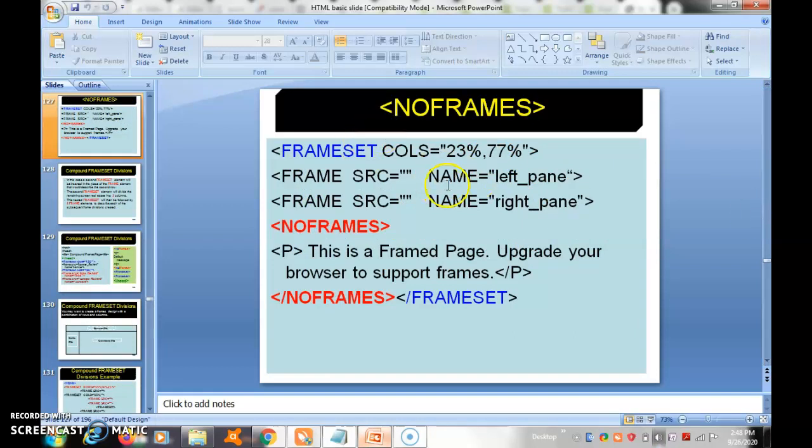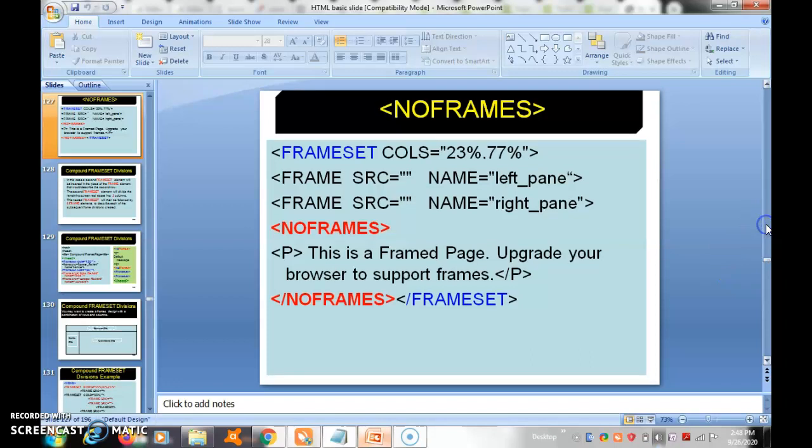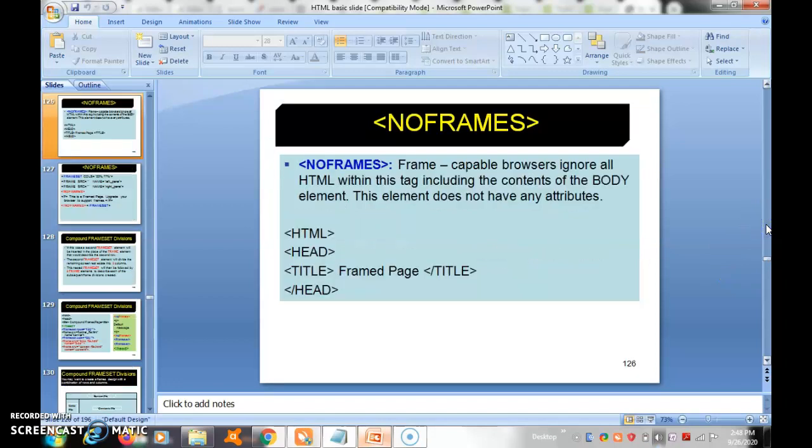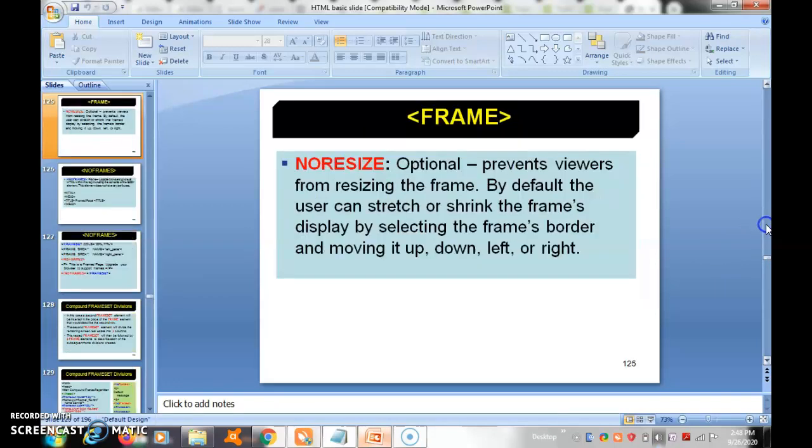So here also this exercise discussed 23% only columns. Okay, so there referred some finding. Name equal to left underscore pad, right underscore pad. So no frame means nothing will display. The pad information only is there in the program. Here, no frame.